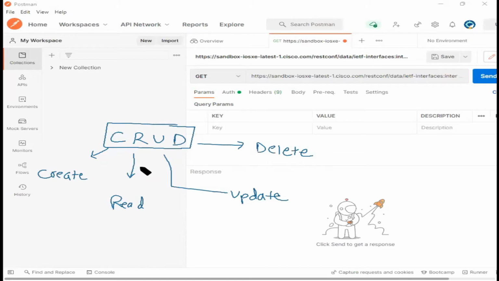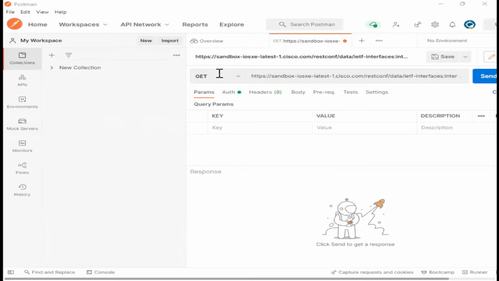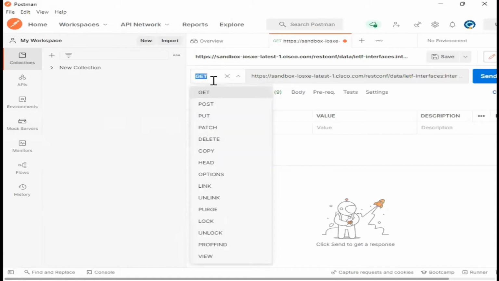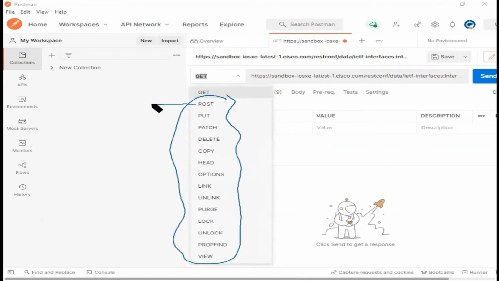These CRUD operations are performed using HTTP methods. The GET method is to read something. There are a lot of other methods. POST is for creating something, DELETE is for deleting something, and PUT or PATCH is for updating something.